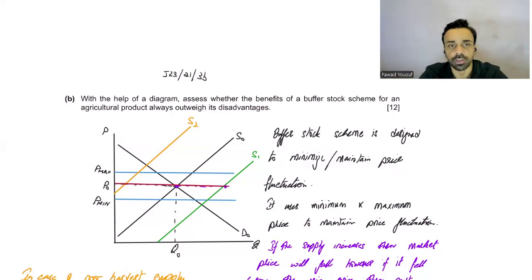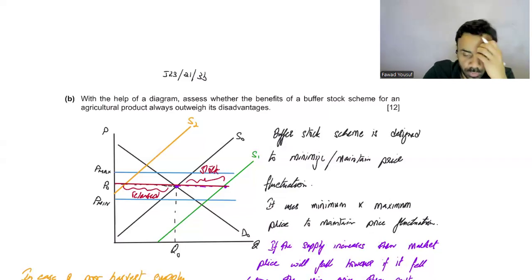Instead of a range, if you had done this purple thing and you had said, look, this is the excess, this will go in the buffer stock, and this is the shortage, this will be released. If you do this, they accepted it in the 2023 examination. And this goes in the stock, right? So they had accepted this one.